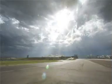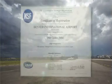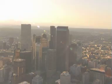Looking into the future, part of this is strategy to say where should we position, how should we position the airport for the new energy economy. Engineering has been very supportive about the goals in Greenprint Denver and looking for ways to start changing the way we think. Denver International Airport's efforts and its ISO certification make DIA an environmental leader,